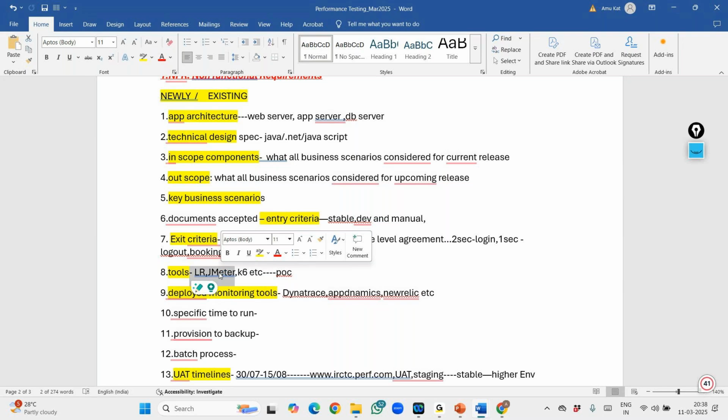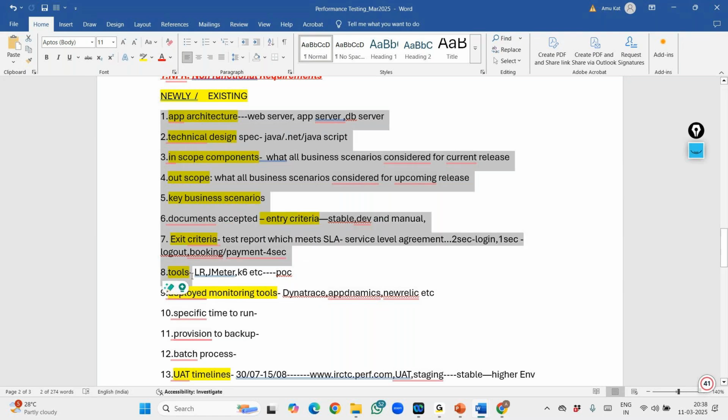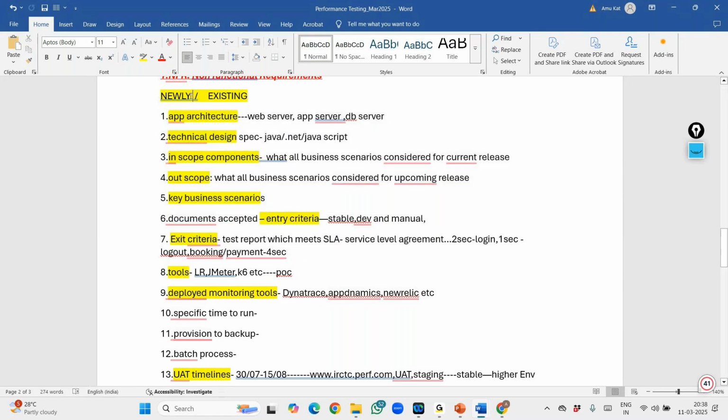For each and every question we have discussed so far, the answer will be based on two scenarios. If it is newly developed, that is a different scenario. If it is already existing, then it is a different scenario. You need not worry. If someone in an interview asks you what all the NFRs you will be gathering,